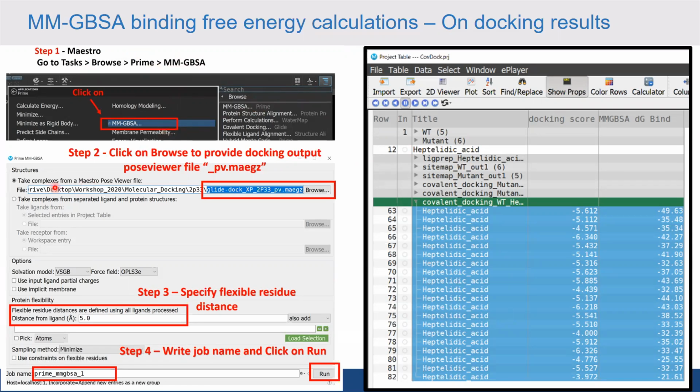In this we have a simple panel called Prime MM-GBSA, in which you simply provide your molecular docking results. Whatever results you get from that molecular docking exercise, that file is called a Pose Viewer file, which ends with the name pv.maegz. This is the output file of your molecular docking exercise. You just need to provide that complete output file to this panel and click on run. It will automatically compute MM-GBSA binding free energy for you,